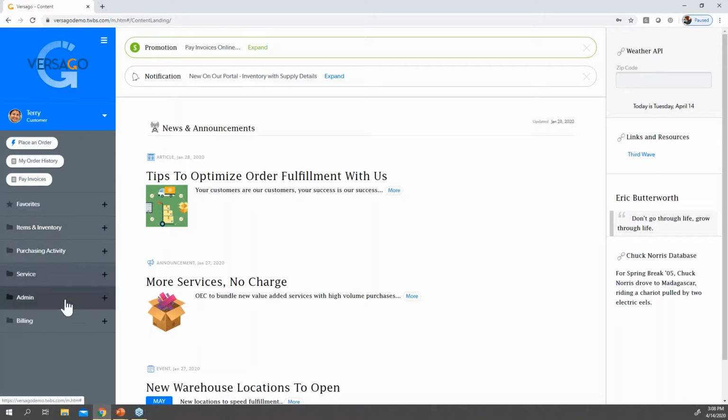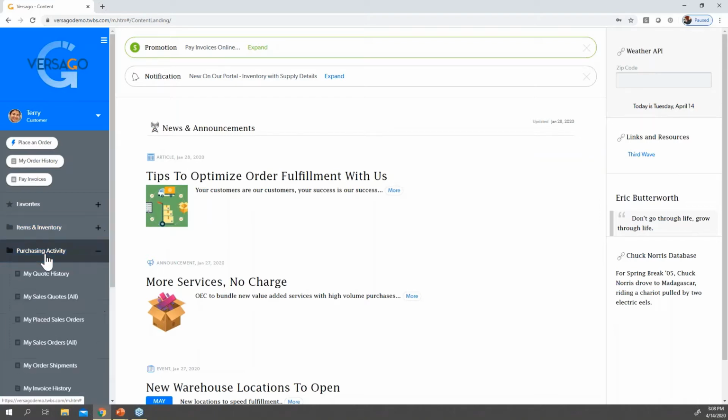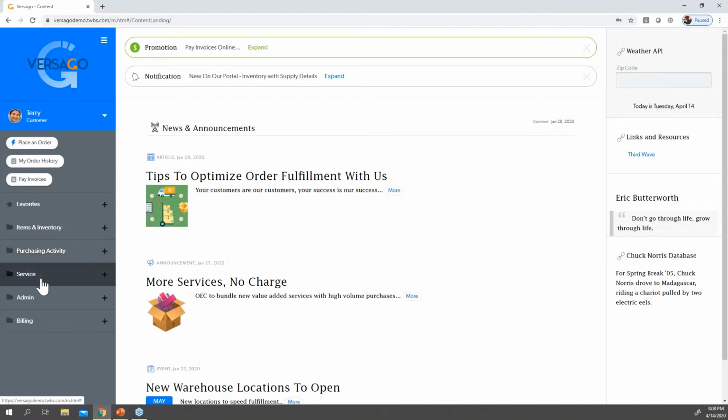Then down below we have this menu structure that's going to show you the different types of reports or different types of information that the customer might want, or forms that we need the customer to enter information into in order to collaborate with us.